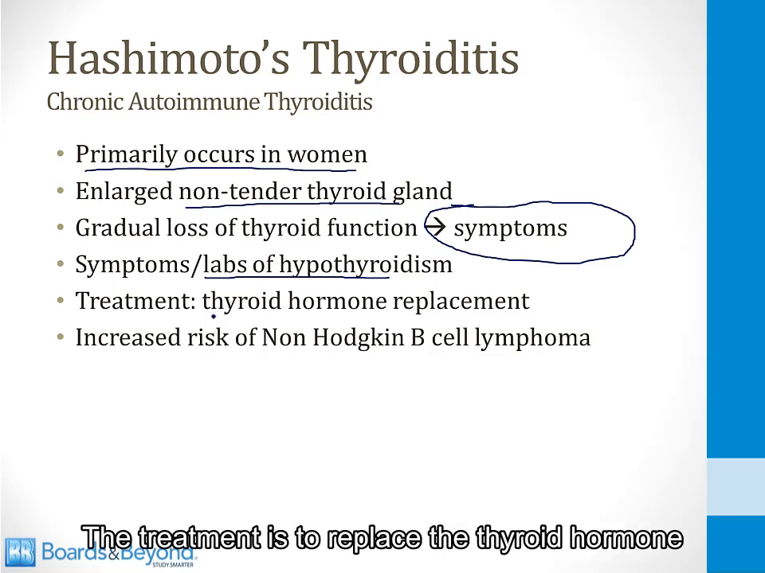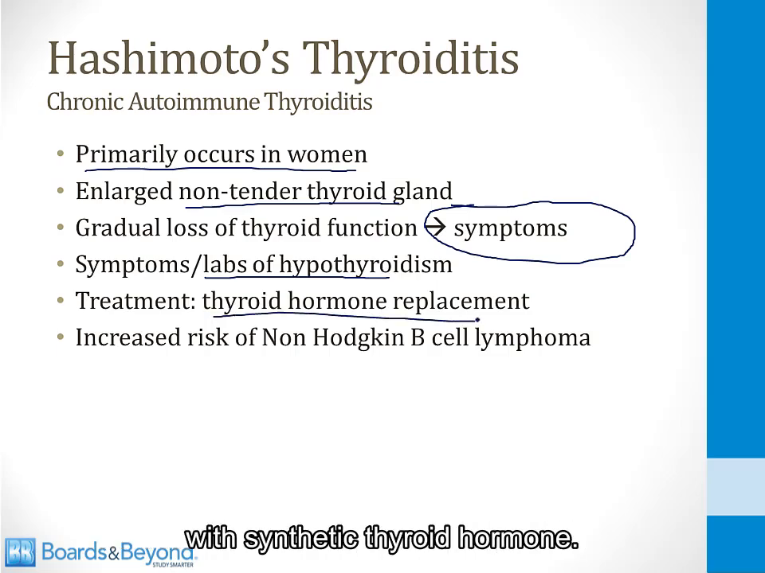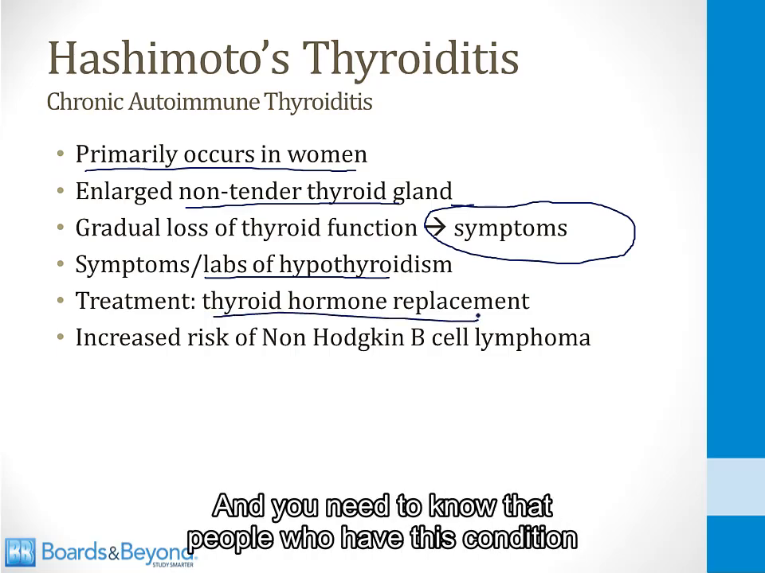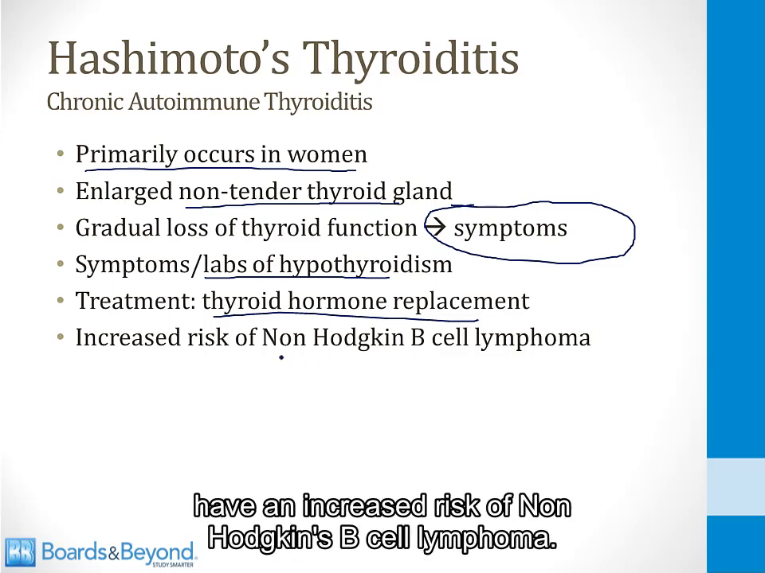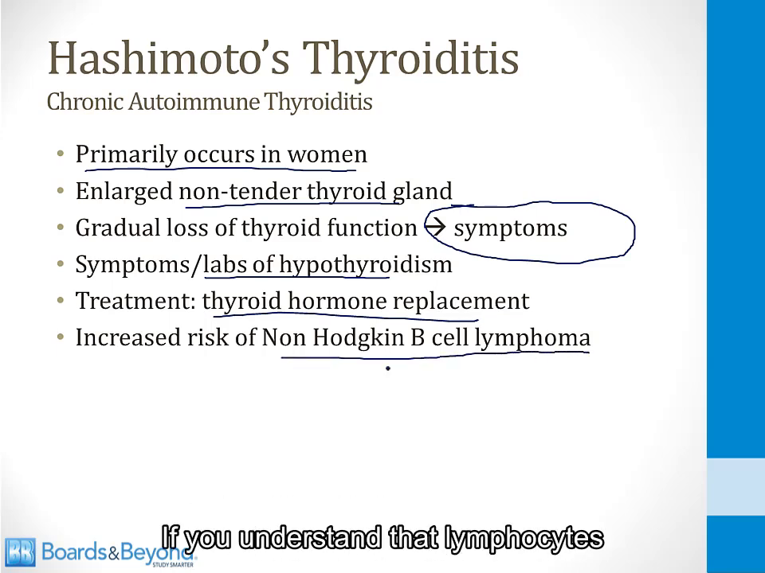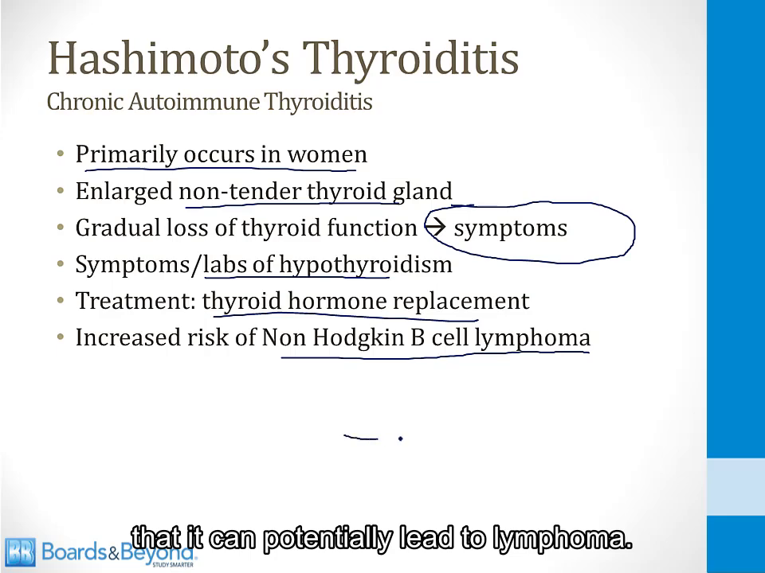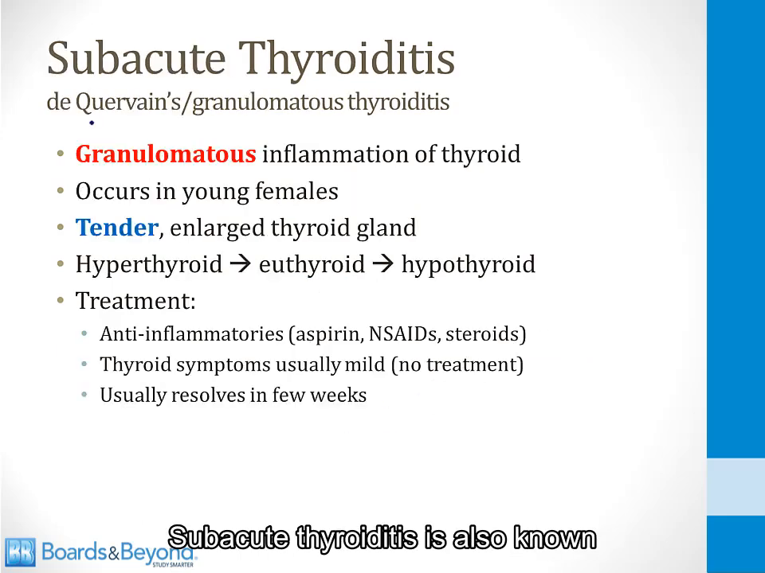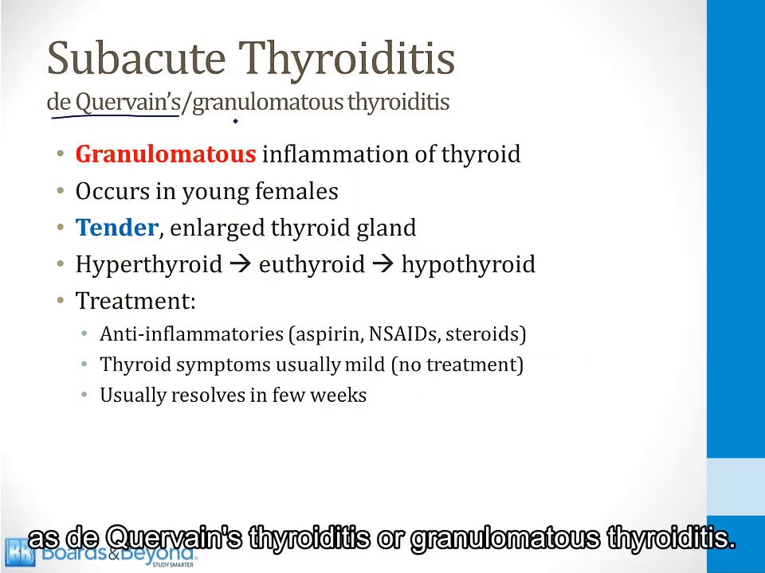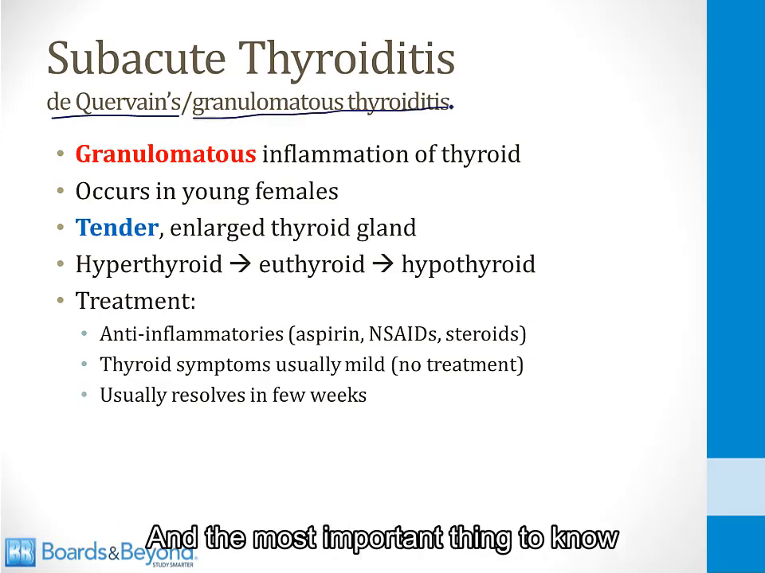The treatment is to replace the thyroid hormone with synthetic thyroid hormone, and you need to know that people who have this condition have an increased risk of non-Hodgkin's B-cell lymphoma. If you understand that lymphocytes are involved in the disorder, then it's easy to remember that it can potentially lead to lymphoma. Subacute thyroiditis is also known as de Quervain's thyroiditis or granulomatous thyroiditis, and the most important thing to